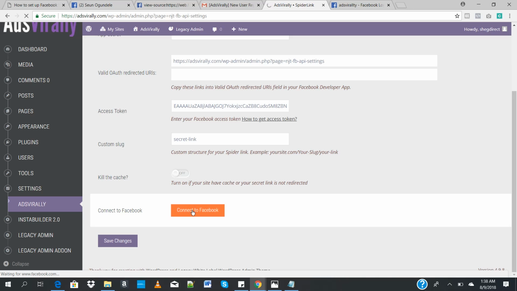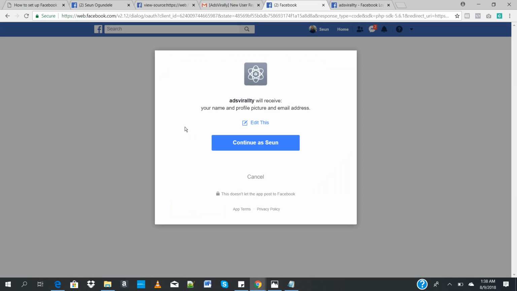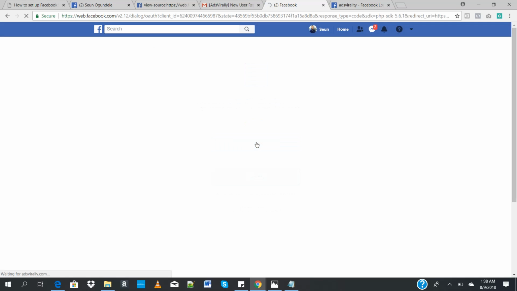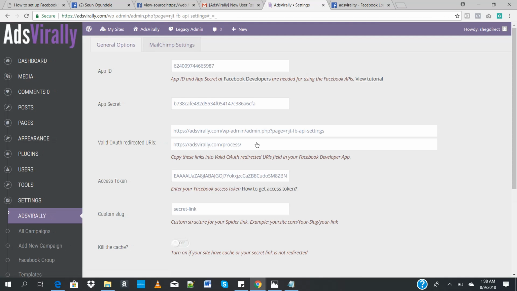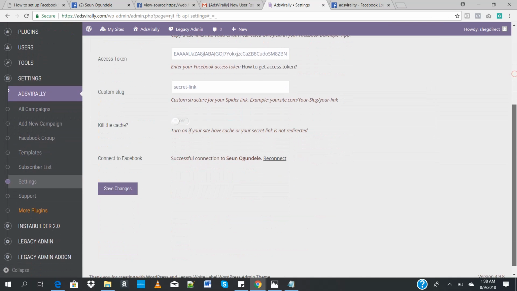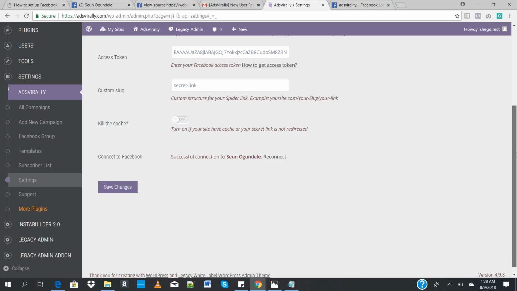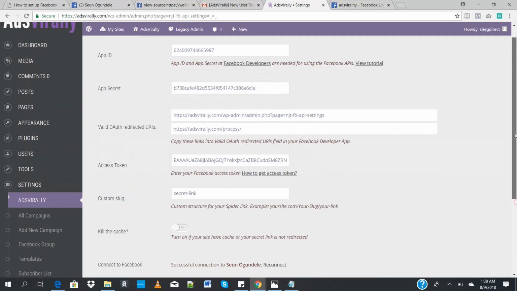So let me click on the Connect to Facebook button and let's see what happens. You can see Adsvirally to receive your name. Click on Continue as shown. Good. So my Adsvirally account, you can see successful connection. You can always reconnect here. So it's as